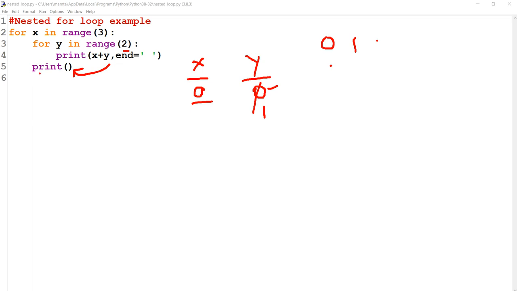Now right now we are in which loop? In the outer loop, x loop. So now x's value was 0, now x's value will become 1. Then that is a correct value to enter into the loop. Then again the inner loop will start, but now again as a fresh value, as a fresh entrance.